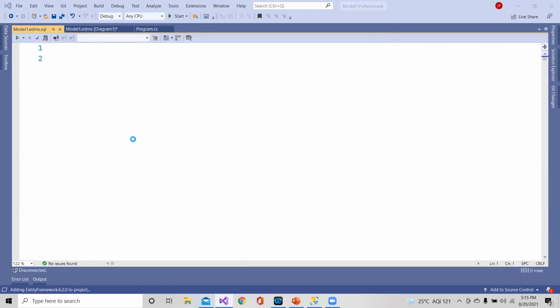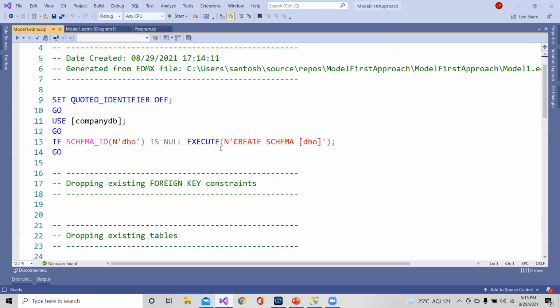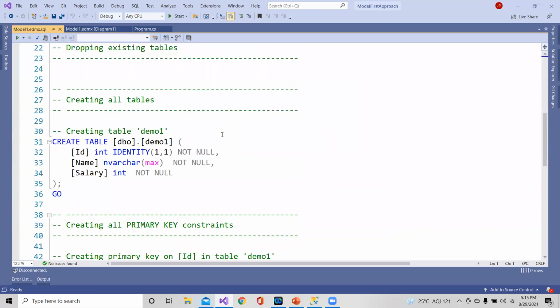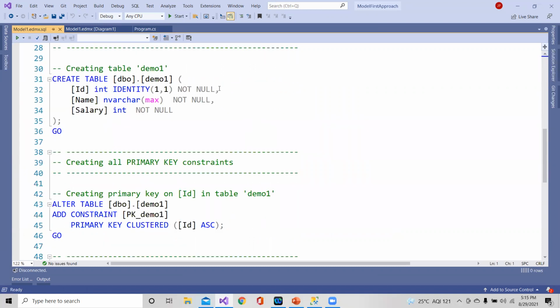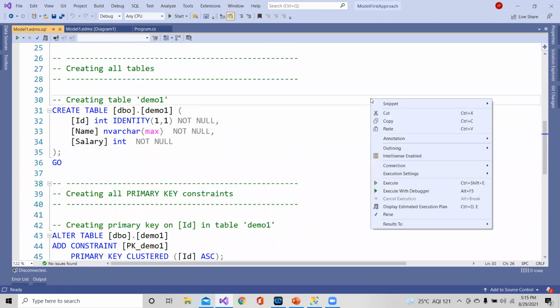So you can see that now the edmx.sql file is generated for our model. So here in this case, it is going to give us the same query, whatever it has shown in the dialog box. So now as we have to execute this, right click and you have to click on execute.